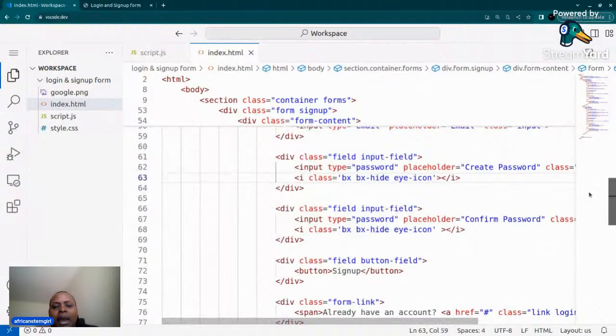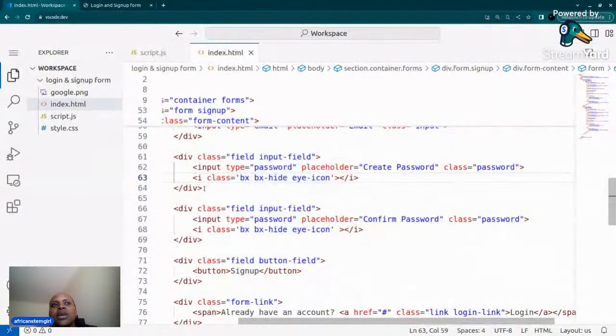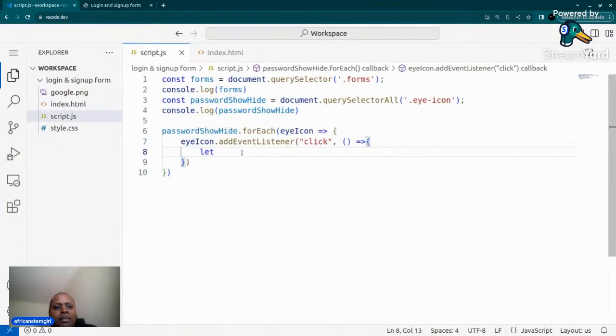So I'll come here and I will see, oh, there is an input of this type. Here it is. So there is an input of type password. The placeholder is called create password, and the class is password. So this is what has the value. So I will make sure that I capture that. So I'll come here and say let password. So I'll just write it password fields